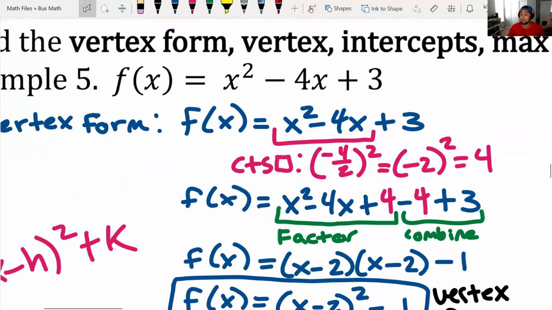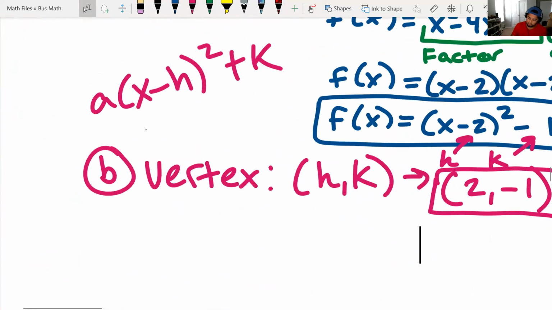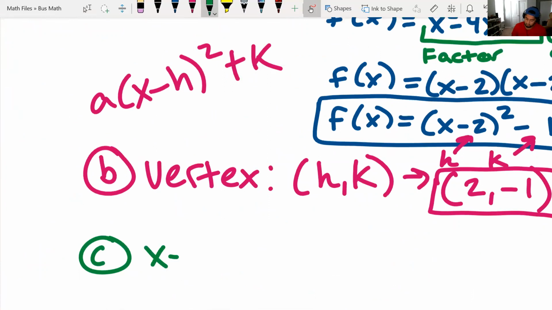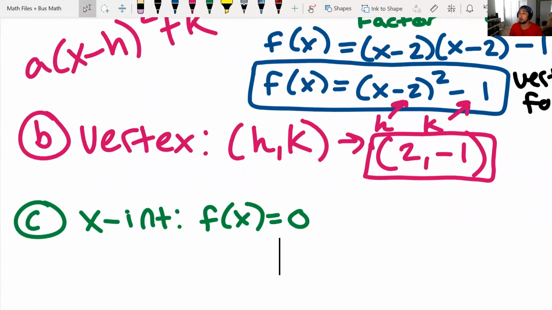Next is the intercepts, x and y intercepts. Let's go for the x-intercept. When you look for the x-intercept, we let y equal 0. In this case, we're in function notation, so we have to say let f of x equal 0. Okay. This means take our vertex form